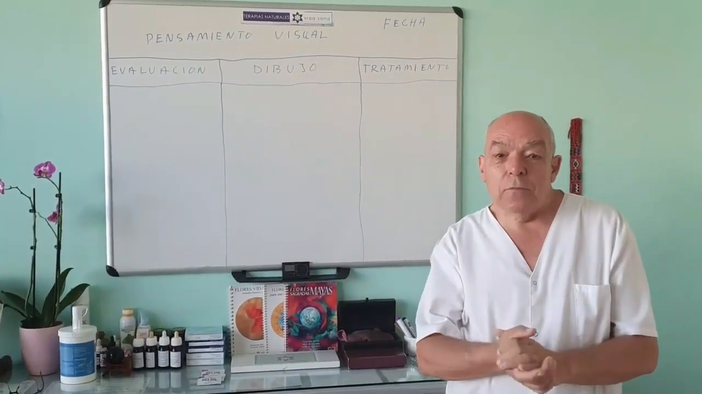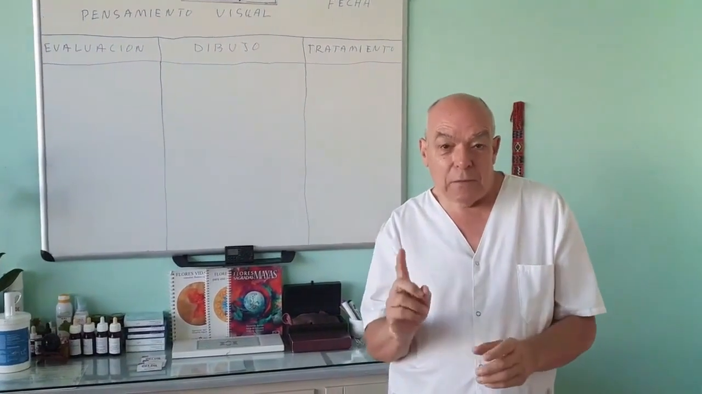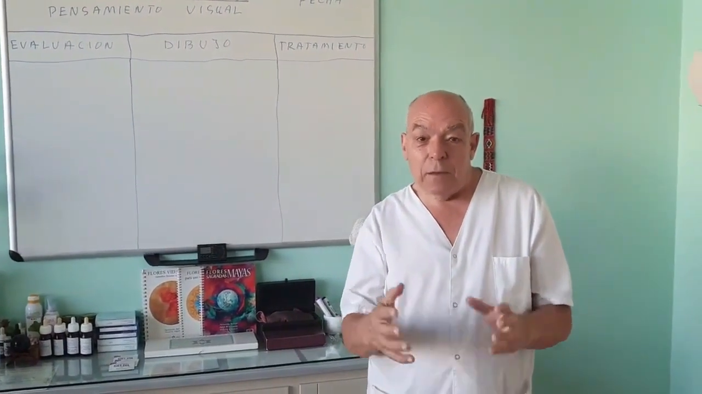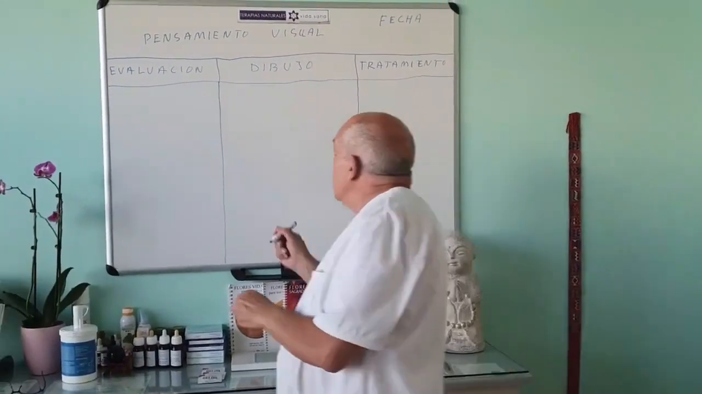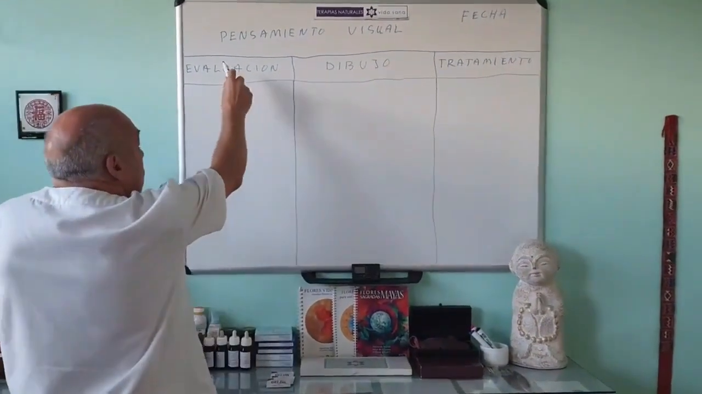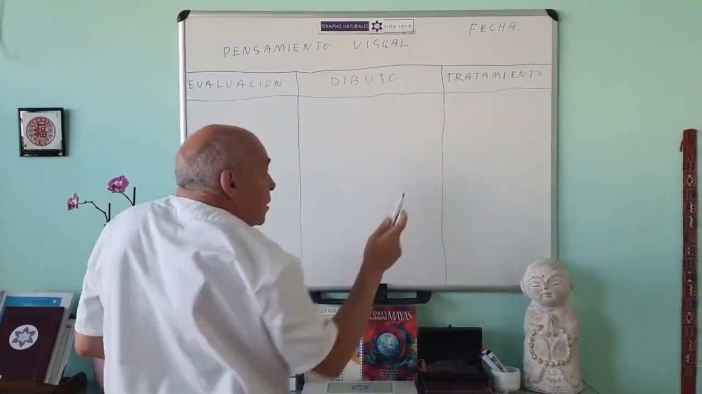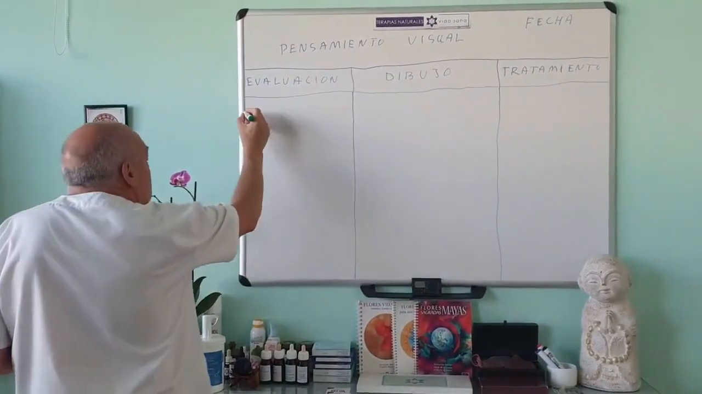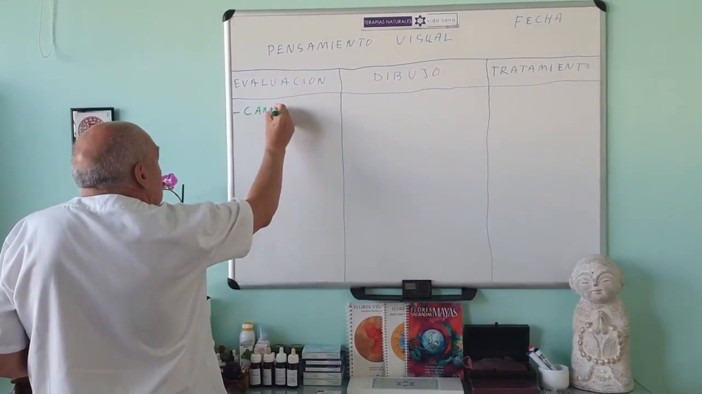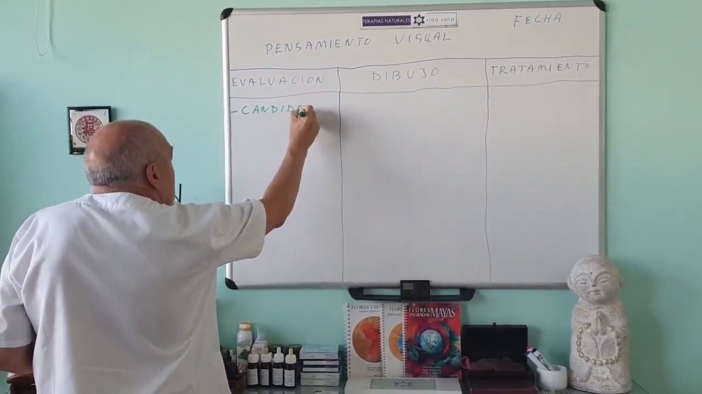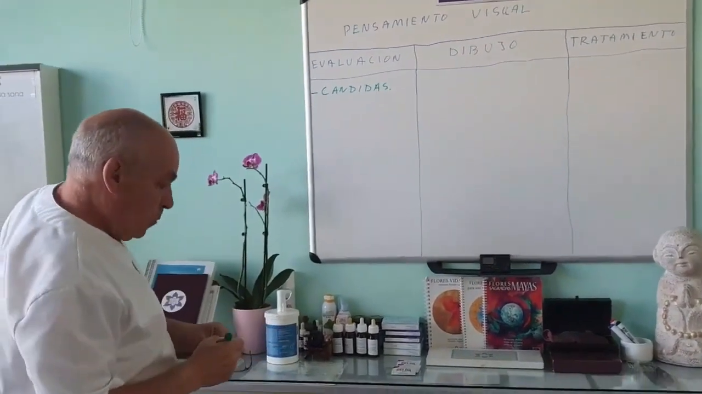To continue with the idea of visual thinking, I will give you an example. Let's say my patient presents, for example, candidiasis. And in this chart that I have organized with the date, evaluation data, drawing, and treatment, I will note that my patient has candidiasis. Candida. Okay, I am going to explain